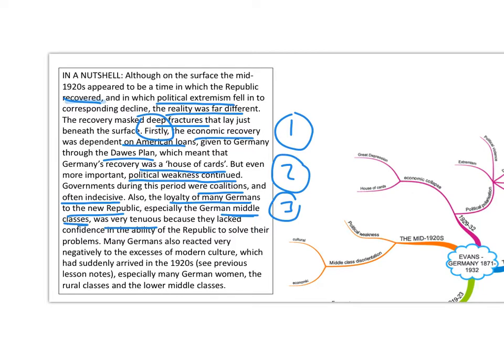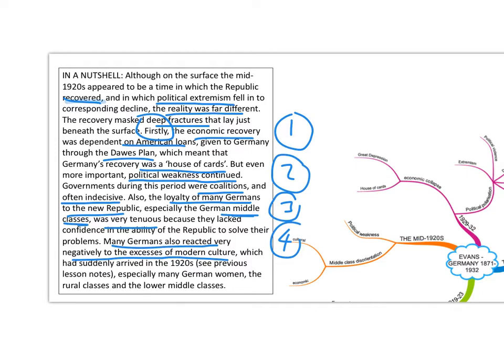And fourthly, many Germans also reacted very negatively to the excesses of modern culture. Now, we touched upon that with women, do you remember? The Weimar Republic, it was like suddenly in 1919, Germany went from being a very authoritarian setup, where there was really very little real personal liberty, freedom, to suddenly huge freedom. All women had the vote in 1919. The Constitution guaranteed civil liberties. And so with that came lots of